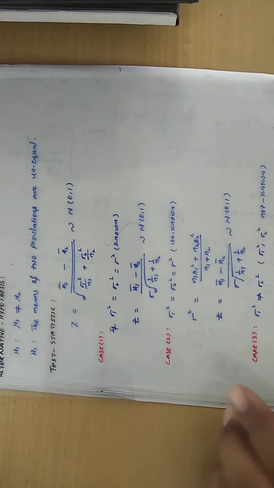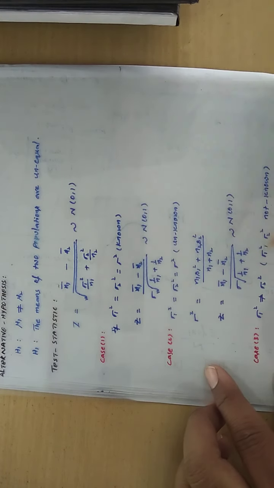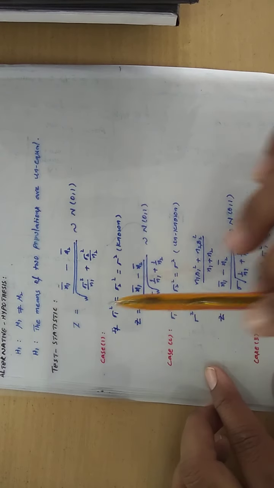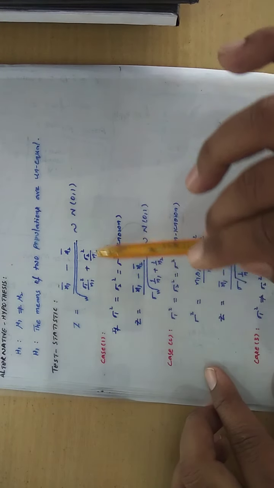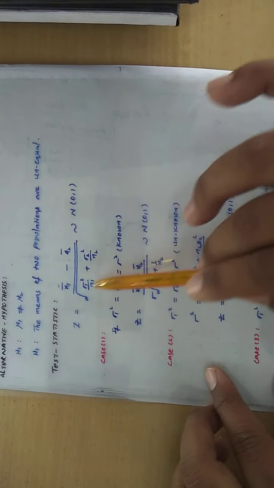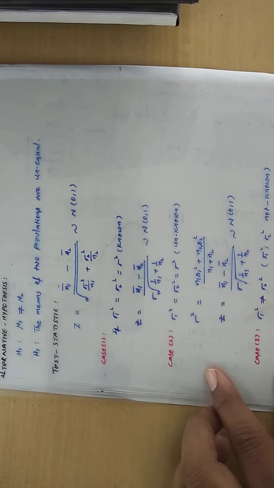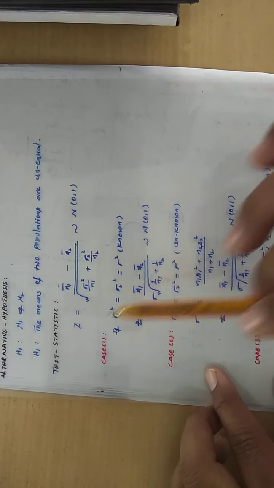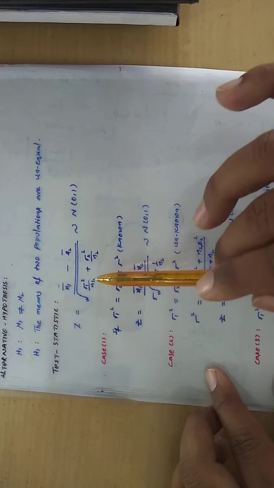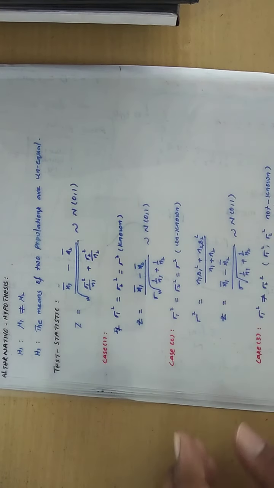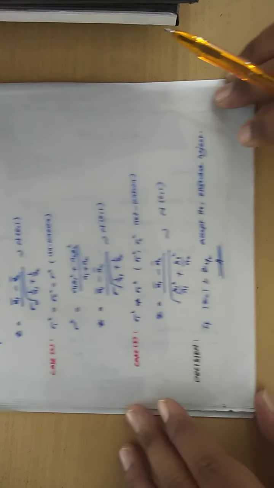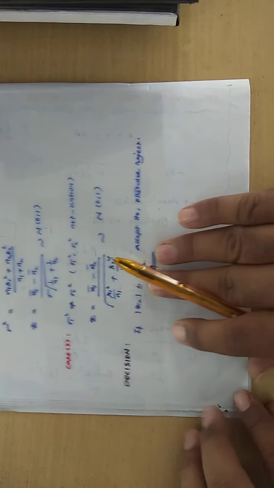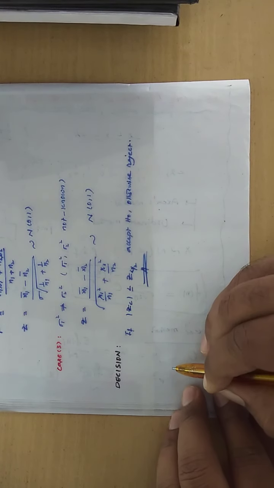Here the simple technique is you need not remember all these cases. Directly, whatever information is given, you substitute in this formula. That is enough, you will get the answer. Okay. Just for information purposes I gave it here. But if you remember this formula and substitute all the information, you get the answer. And also here for this test, how to write the fiducial limits. Okay.